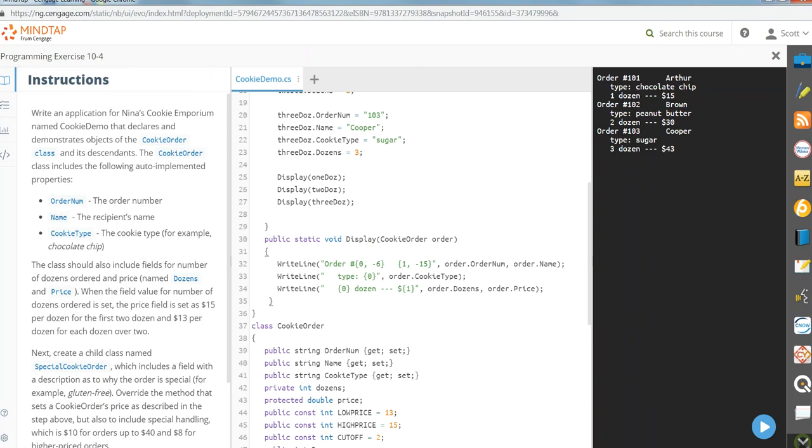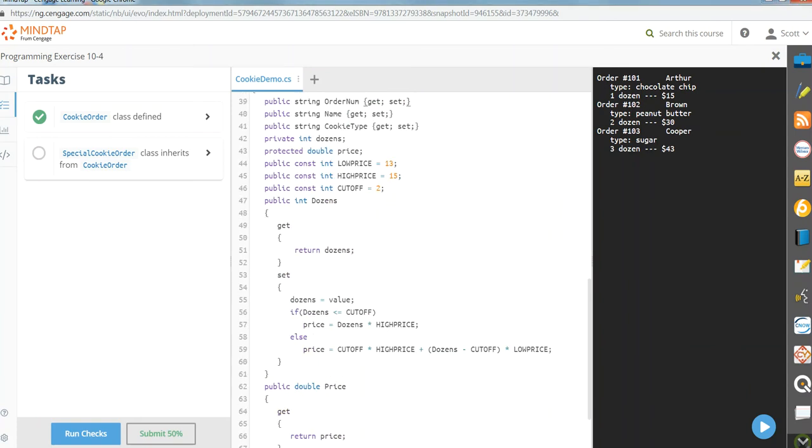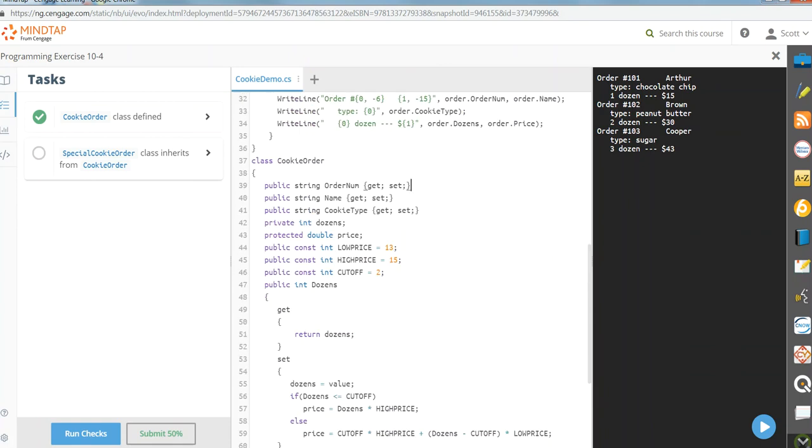So, let's check to see, do we run, do we not run, check our checks. Cookie order class was defined, and there it is. The special cookie order class inherits from cookie order. We don't have that as of yet. So we need to go through and set that up. Okay? So, we're partially through. We're not totally through. Okay, so let's go add to what we have,